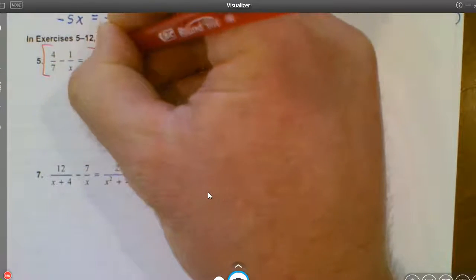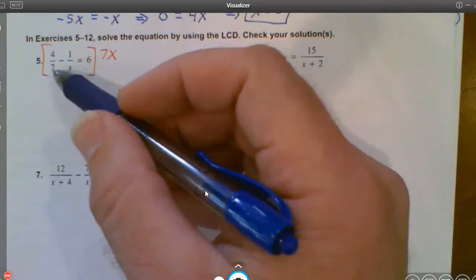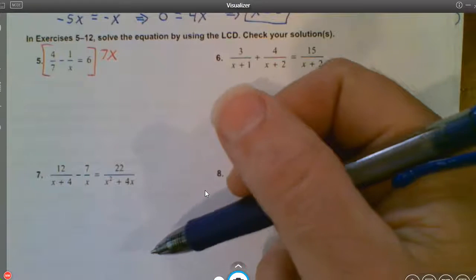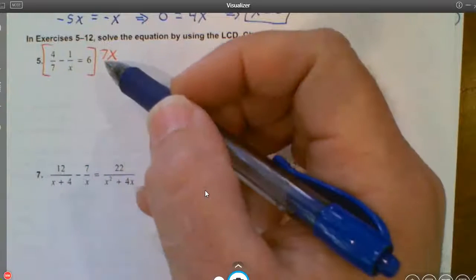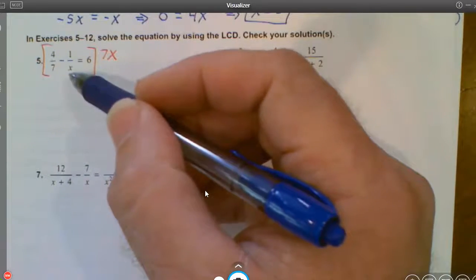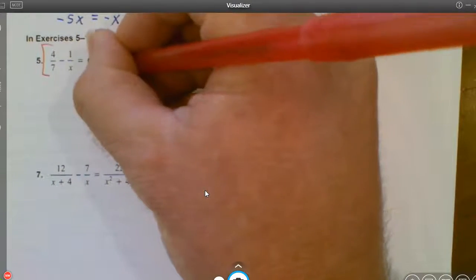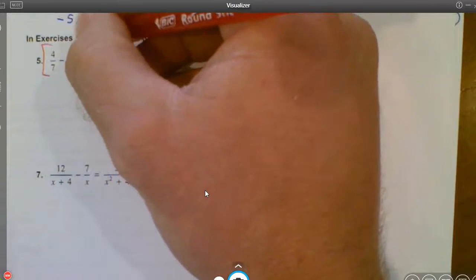The idea is we want to cancel out these denominators so that we don't have fractions anymore. So I need the 7 to cancel out with my 7, and the x to cancel out with my x. If it helps, you can think of this as 7x over 1. And all we're doing is we are going to distribute this